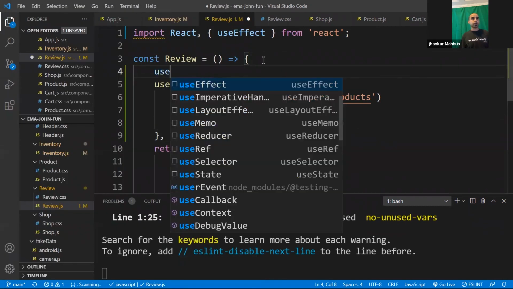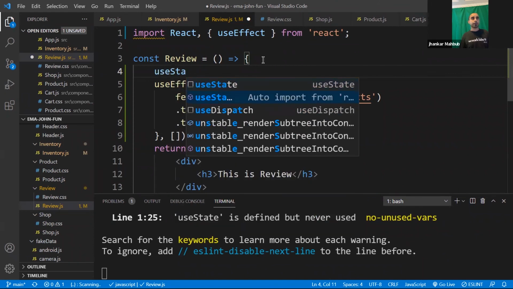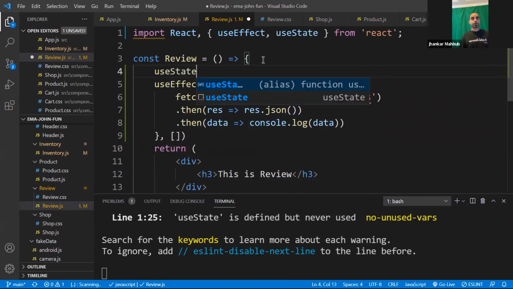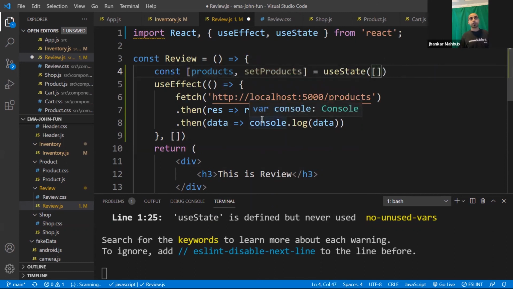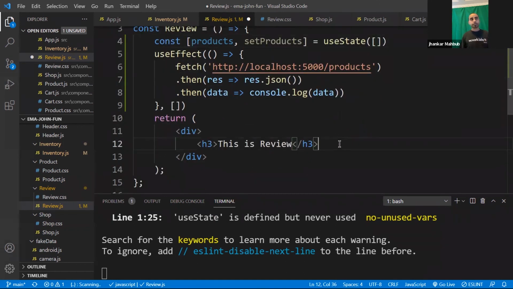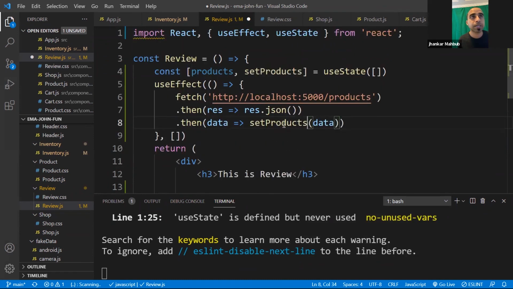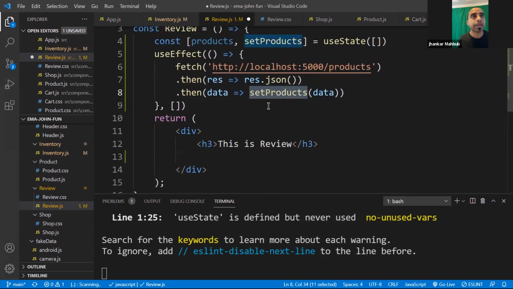So you can do an useState, first auto import the useState, and then go one back and then generate the state, and this should be products, right? You tab it, and the initial value of the products, since this is an array collection, the default value would be an empty array. And here you can show all this information very easily. You need to set it up here. So instead of console log, we say setProducts. That means whenever the data is loaded, it would be set to the state, and then we can use it.